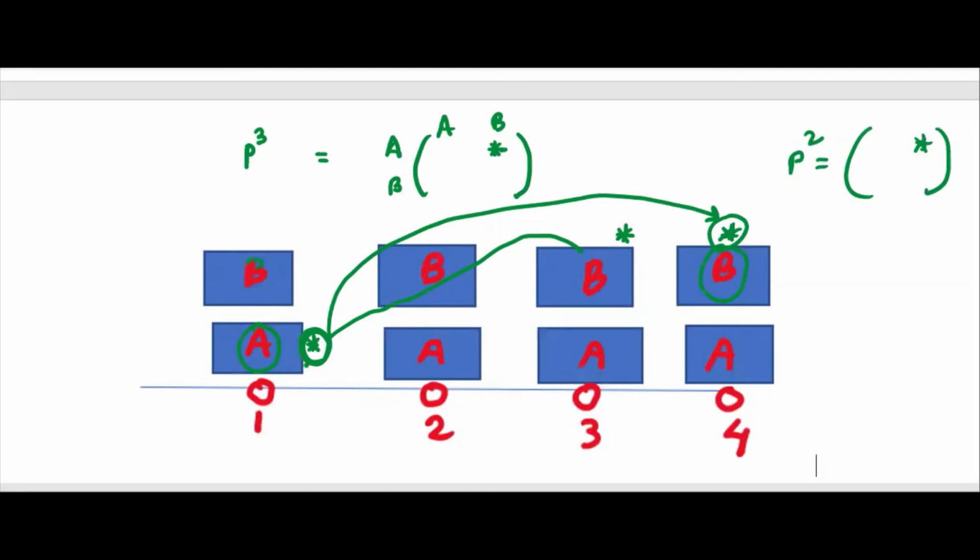And we are interested only in this element. We are not interested here. There are 4, right? We are not interested in the other entries. You can find only one. This you can do because you are finding the probability that one will move from A to B in 2 moves, 3 moves, like that.